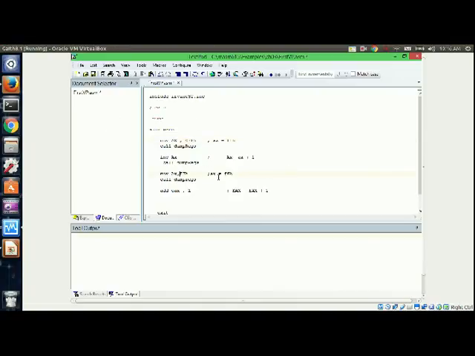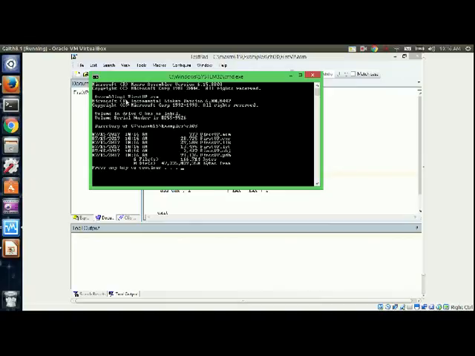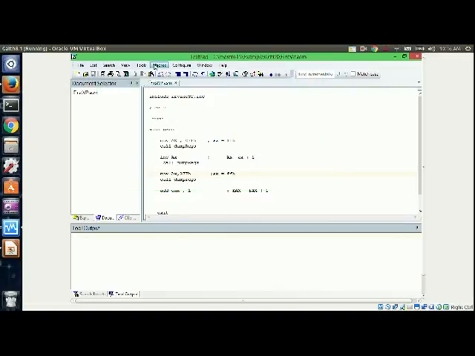And here's the second error. Did I close it? It's important to close that window before running. Voila, no errors. Everything is good. Close it. And now